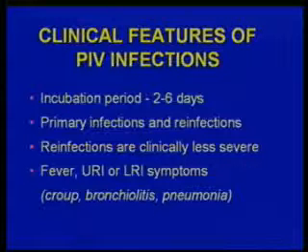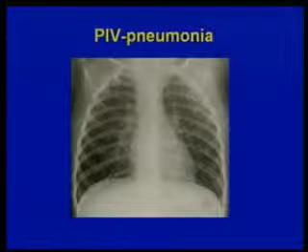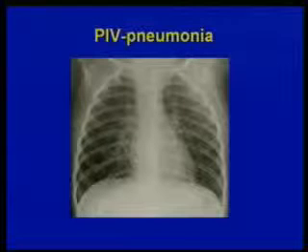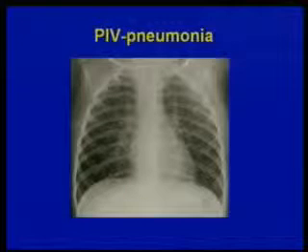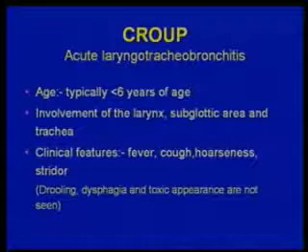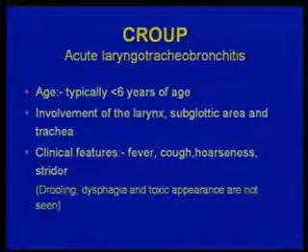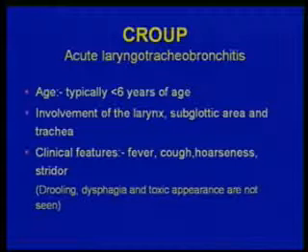So let's go over the respiratory symptoms due to parainfluenza viruses. The first one here shows you a chest X-ray from a case of parainfluenza pneumonia, where you see these streaky bilateral infiltrates, which does not fit the radiological picture of a bacterial pneumonia. So it's not lobar, it's more streaky and generalized, and that's a case of viral pneumonia. But looking at the upper to lower tract involvement, we have just mild cases with upper respiratory infection, scratchy throat, pharyngitis. But then we get into this unique syndrome called croup,